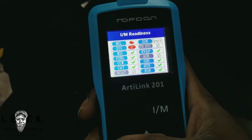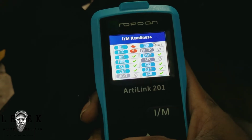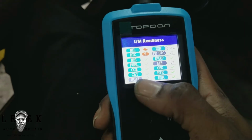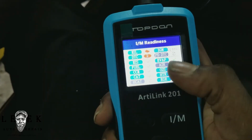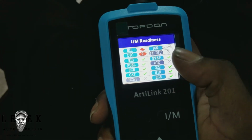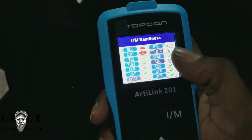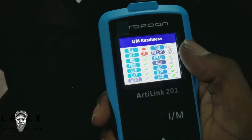So it looks like it got two codes in the system, 2 DDCs. The light is on, of course, and every monitor looks ready. It does not check for the heated cat, the secondary air injection system, and some evap systems are never ready by the time you can run an inspection. But like I said, in the state of Pennsylvania, if you pay attention to my previous videos,